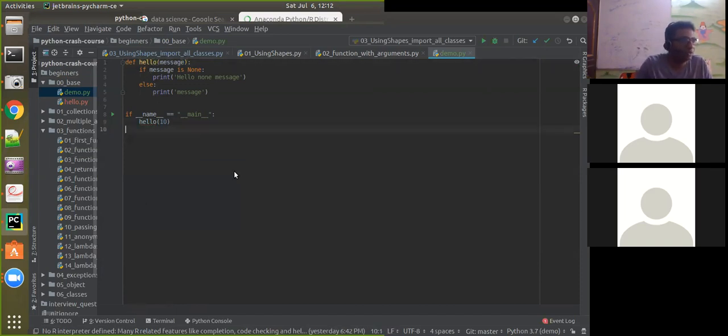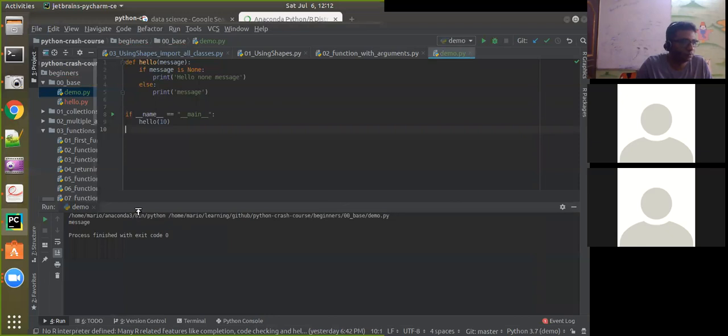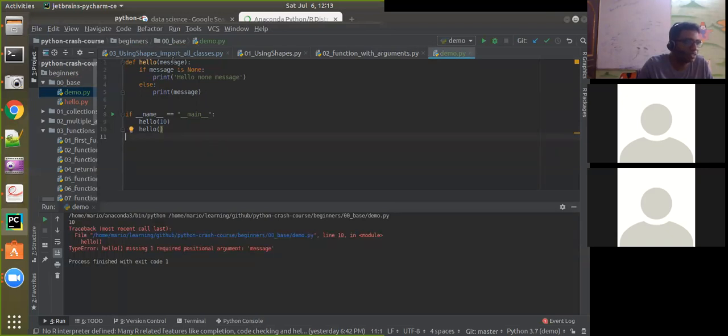If you carefully follow this, if I am passing 10, it is printing me 10. But what I want to do is know that it's not assigned to anything. Like if I say hello and I'm not passing any arguments to it, what should this yield? The formal parameter says that it is missing a positional argument, right? So if I make it optional,